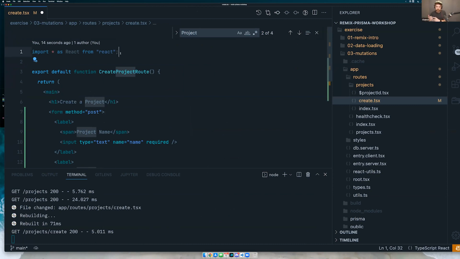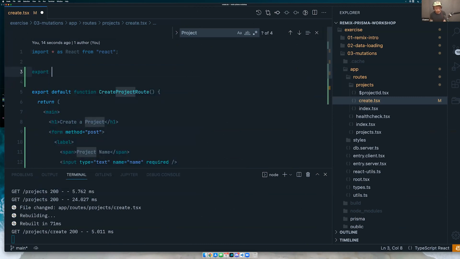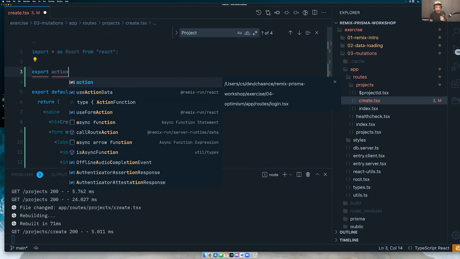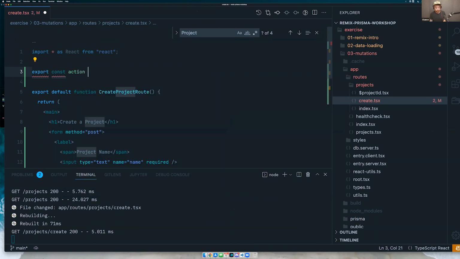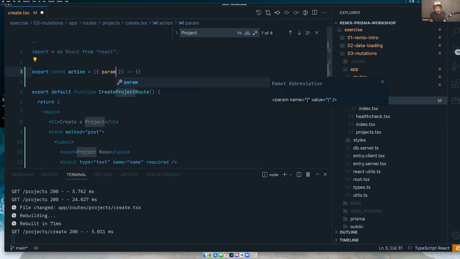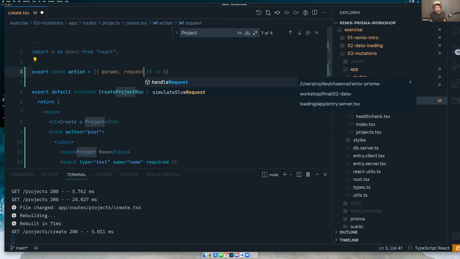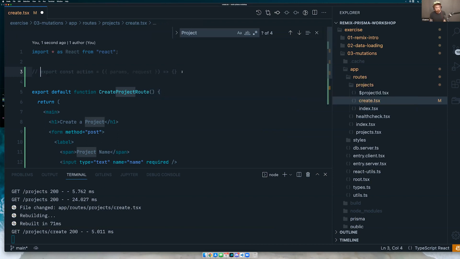But to actually deal with that post request, we need another method. And Remix is going to give us the ability to export an action, which is similar to a loader. But the action is going to handle all of our post requests. It's also going to take some arguments like params. It's going to take our request, the request object. And this is where we're going to handle mutating some data. So before I do that,